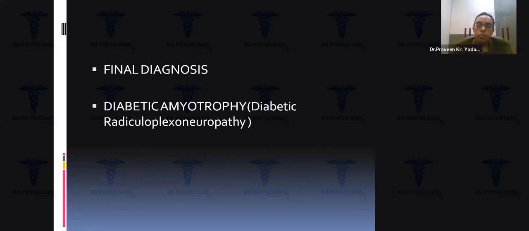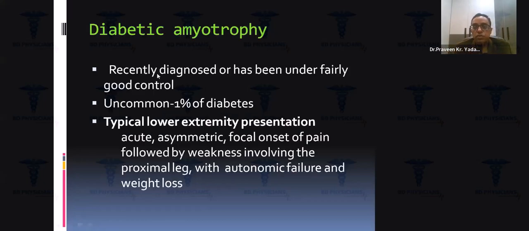And as we all know, in these patients the deficits usually improve over a period of time, and there may be improvement without any surgery or any other intervention. So we should leave these patients alone and manage them symptomatically. And diabetic amyotrophy is not a very common condition. It's seen in 1% of diabetic patients, and typically there is lower extremity involvement, with acute asymmetric focal onset of pain followed